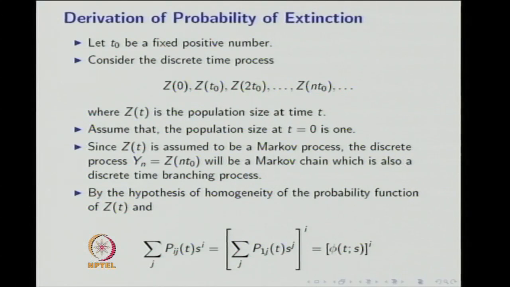By the hypothesis of homogeneity of the probability function of Z(t), the probability generating function of Pij(t) is the probability generating function of P1j(t) to the power i. This we have proved earlier. Therefore,